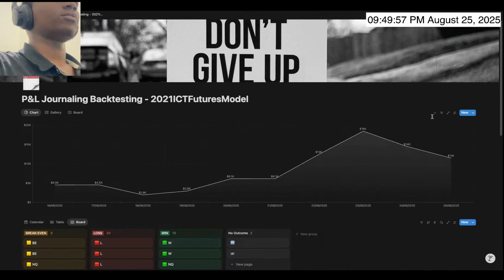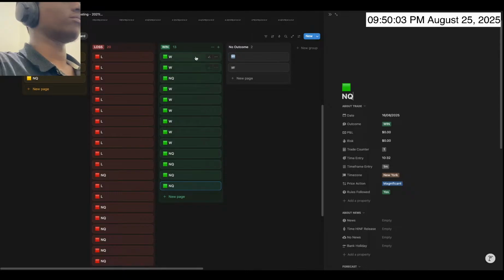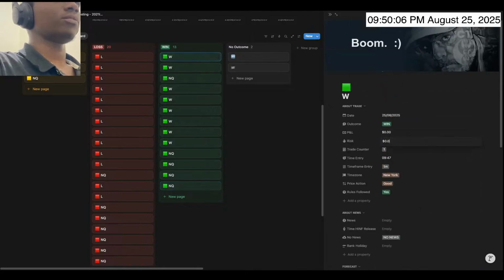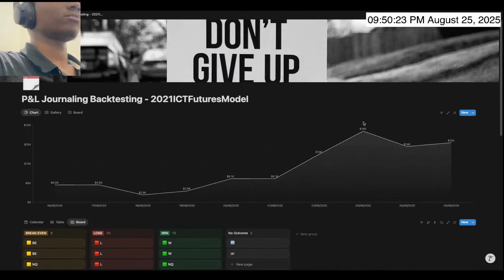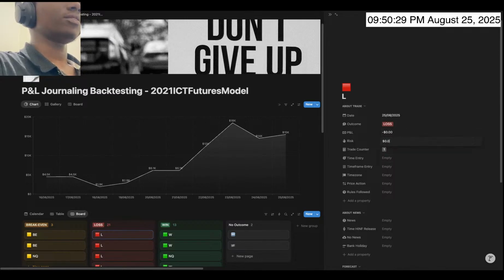57. I forgot. Yeah, the P&L: risk 2,000, and I made around 4,000. Also had another loss, which was 2,000. They ended up losing 2,000. And the time of entry was